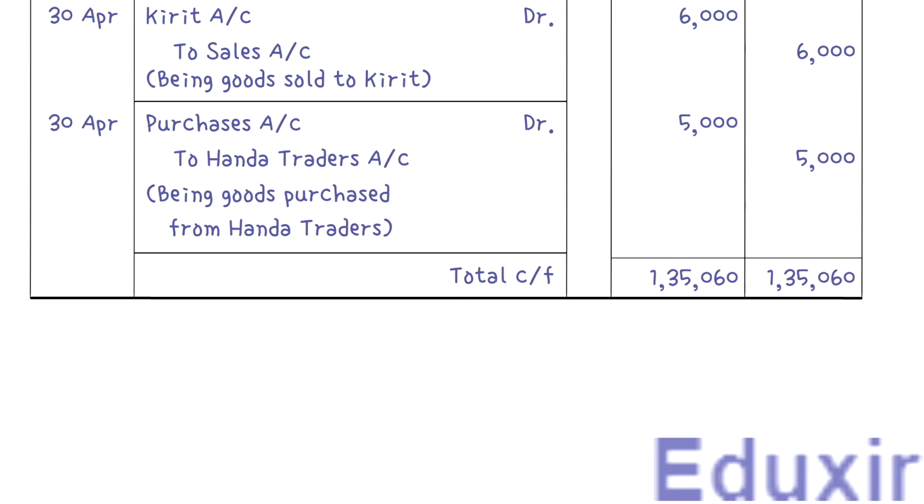Let us now proceed with the posting of each of these journal entries to the corresponding ledger accounts one by one. It is assumed that you are already familiar with how to post the journal entries into the corresponding ledger accounts. If you have come across this for the first time, I suggest that you watch the posting solutions problems and then come back and start from here. I have provided a link in the description to the posting solutions.